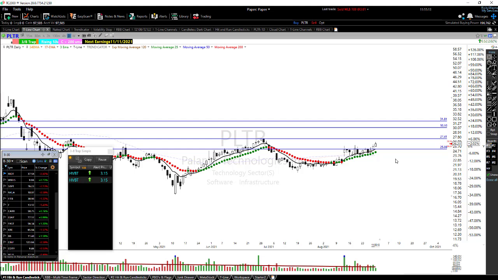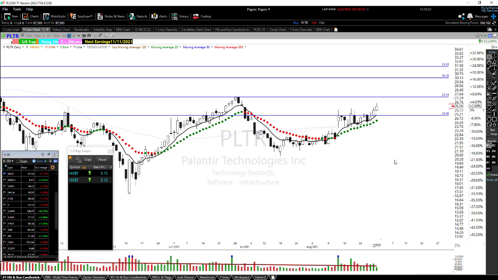Now, somebody might post something that's really nice, and it's been coming up on the scanner, and sometimes I'll buy it because I see other people getting in it. I'm just like everyone else. You show me a good stock, I'm going to trade it. But bottom line, everything I do comes from the scanner.